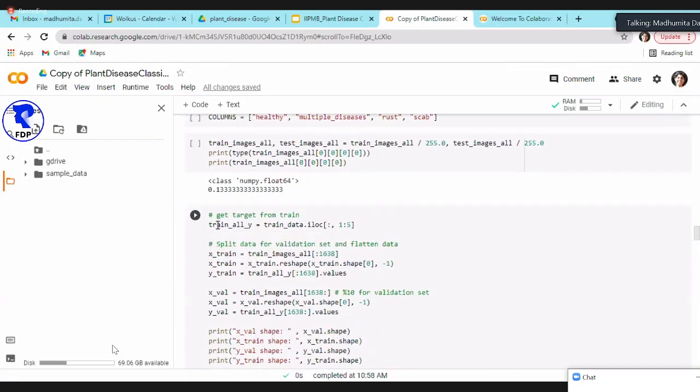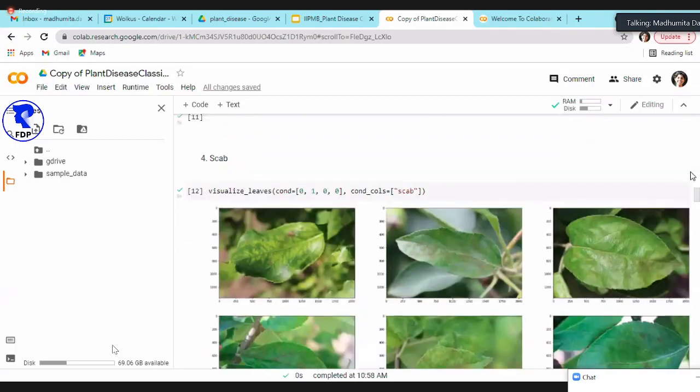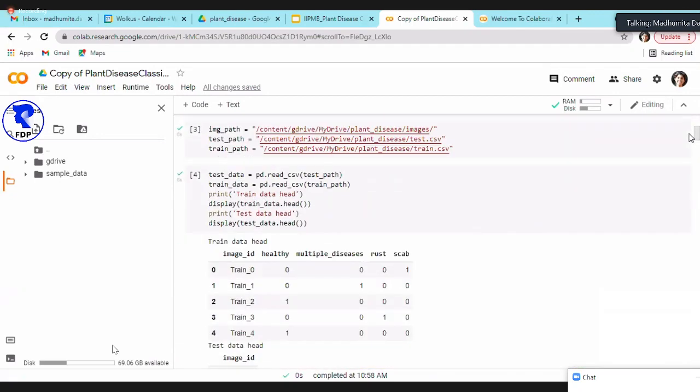Okay. And next, we need to create an x input and a y input. The x will be all your features and y will be the label of the features. So if you see here what I'm doing, I'm using iloc. I am sampling, and only taking columns 1 to 5. Remember, 0 is here. In programming, all the indexing starts from 0. So this is 0, which contains the ID of the image, and then 1, 2, 3, 4. So I say just take these values.